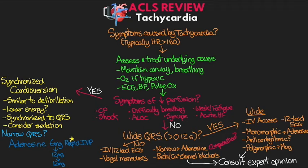So remember here that our assessment and management of our patient with tachycardia is really going to revolve around a few key questions. Are symptoms present or not? Are they stable or unstable? Is the QRS narrow or wide? Is the rhythm regular or irregular? Is the QRS monomorphic or polymorphic? And then really, based on the answers to these questions, this can guide us to the next appropriate steps